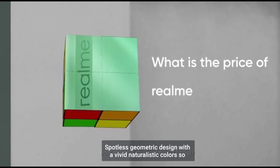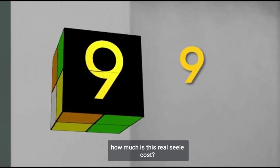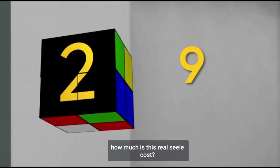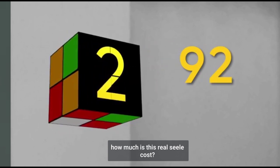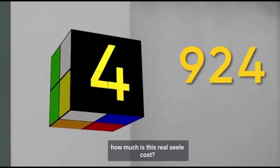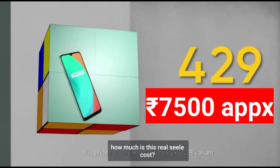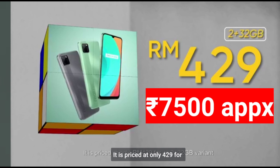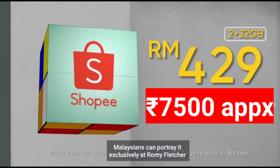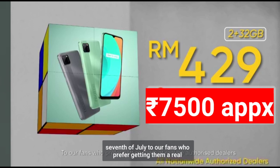So, how much does this Realme C11 cost? It is priced at only 429 ringgit for its 2 plus 32 GB variant. Malaysians can purchase it exclusively at the Realme flagship store in Shopee with the free gift of Realme Buds 2 on 7th of July. To our fans who prefer getting them at Realme authorized dealers,